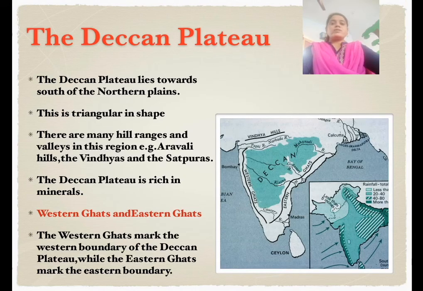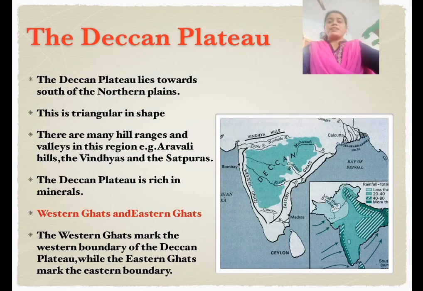The next physical feature of India is the Deccan Plateau. The Deccan Plateau is a large triangular plateau bounded by the Vindhyas to the north and flanked by the Eastern and Western Ghats. The Deccan covers a total area of 1.9 million square kilometers. It is mostly flat with elevations ranging from 300 to 600 meters. It slopes gently from west to east and gives rise to several peninsular rivers such as the Mahanadi, the Godavari, the Krishna and the Kaveri, which drain into the Bay of Bengal, and Narmada and Tapi that flow into the